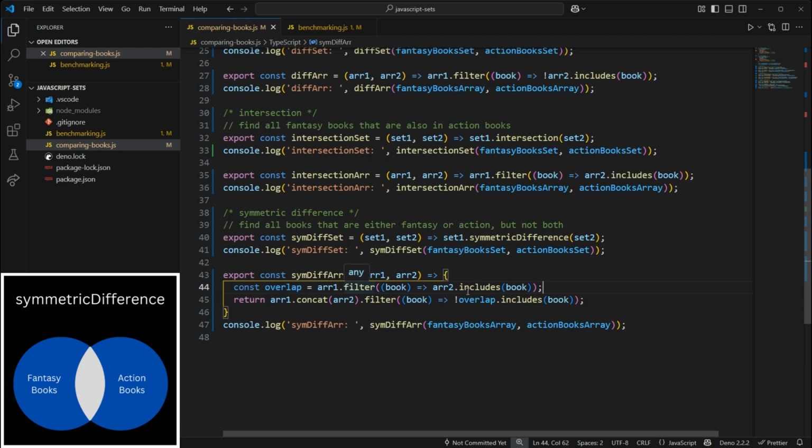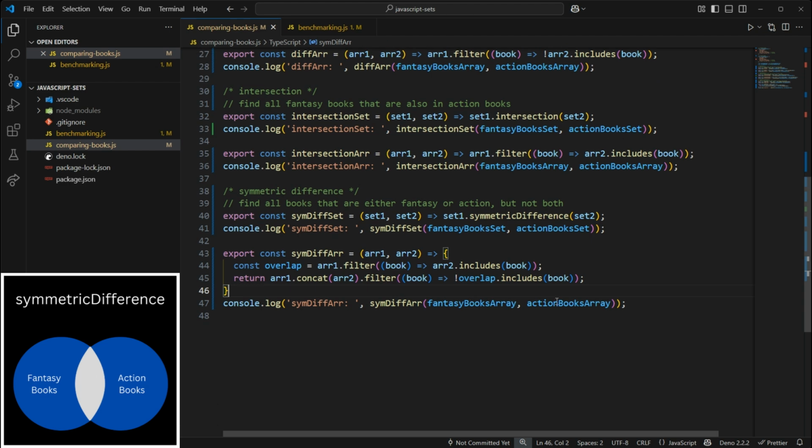With the array equivalent, we need to first find the overlap between the two arrays, and then we need to take the arrays and concatenate them together and then filter out any of the overlaps in order to get the symmetric difference. So let's go ahead and run this code, and we're expecting this to return all of the books